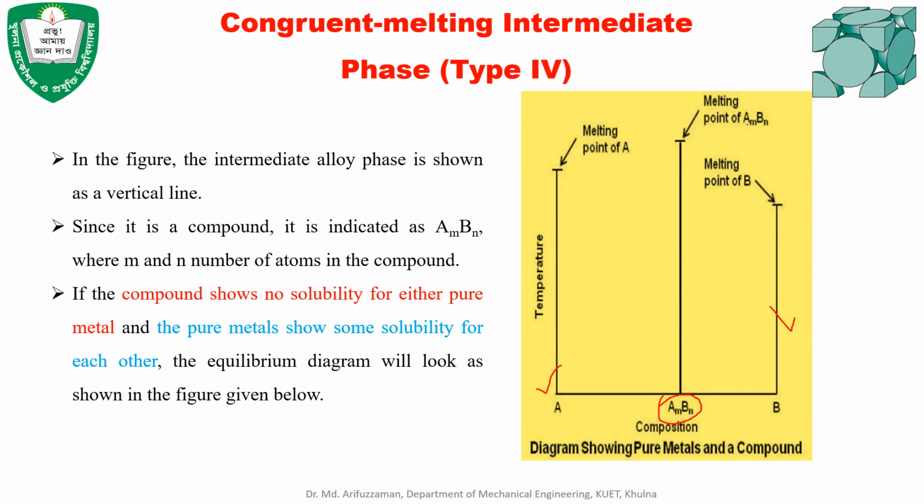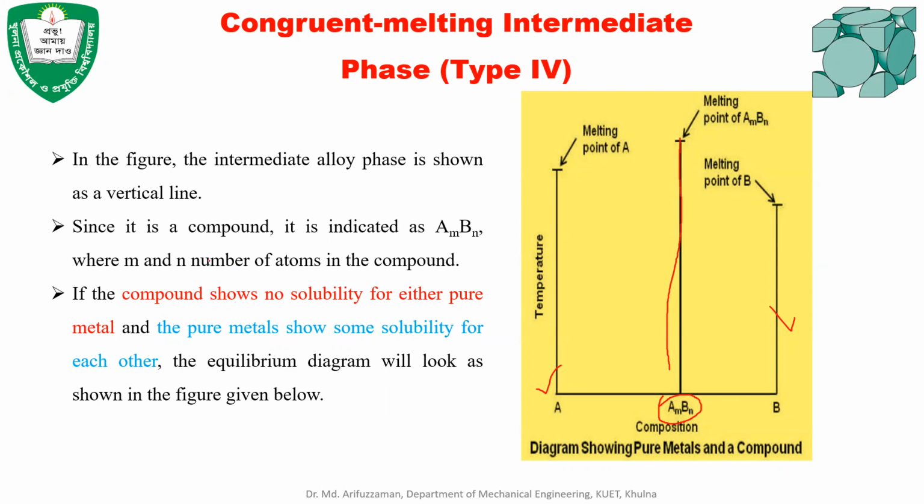But in the case of a compound alloy, the melting point temperature might increase. Okay, it might show a different melting point temperature. And that alloy actually solidifies at a constant temperature, and there is no chemical change during the transformation from liquid to solid. So in this case, the vertical line indicates an intermediate alloy between A